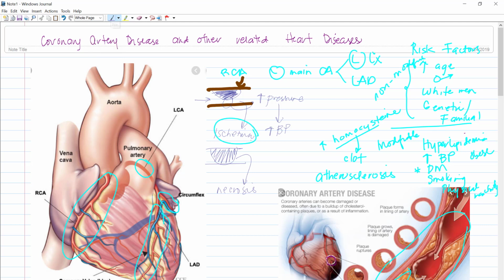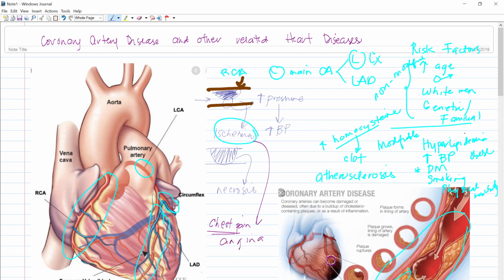your patient will present with chest pain, also known as angina pectoris. And remember that chest pain doesn't mean that your patient has an MI right away, because we have to rule out if this chest pain is pulmonary related or cardiovascular related. That's why we do a 12-lead EKG and other diagnostic tests. So with chest pain, also known as angina,